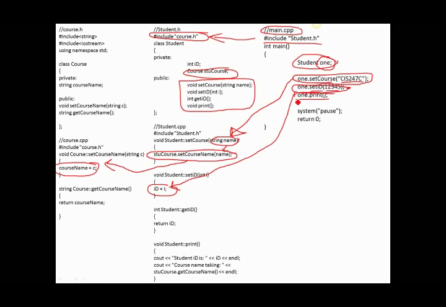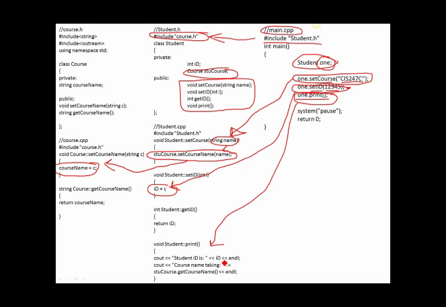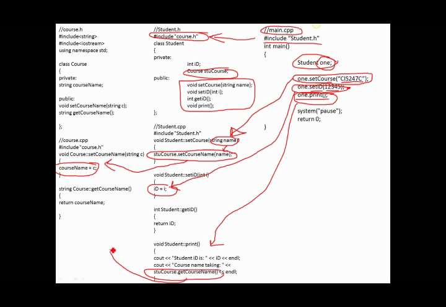And then when I'm calling print, the print function is being called, in which case student ID is printed to the screen, followed by the course name the student is taking is, and then in this case, get course name is going to be invoked, where course name is going to be returned and then outputted to the screen with cout. Okay, so basically,